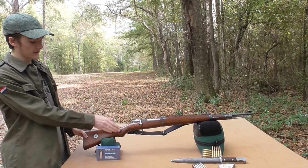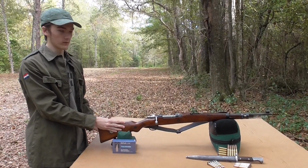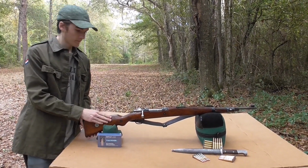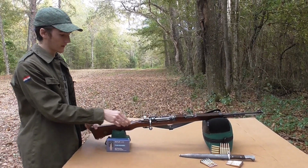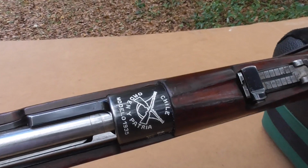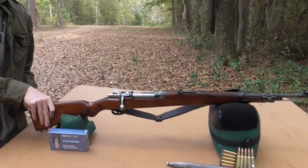Okay everybody, so in today's video we're going to be looking at the Chilean Model 1935 Mauser, or the Model 1935. So this rifle was adopted by the Chilean Carabineros in 1935. It was ordered from Mauser, Mauser Oberndorf. You can see the Mauser banner right there. And 10,000 of these would be ordered, and the Carabineros were a sort of mounted police